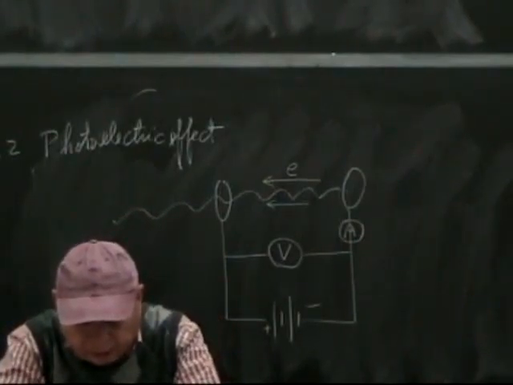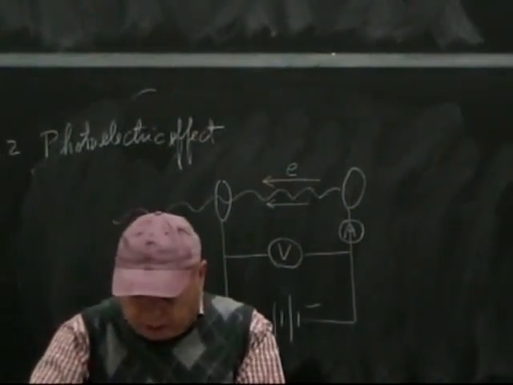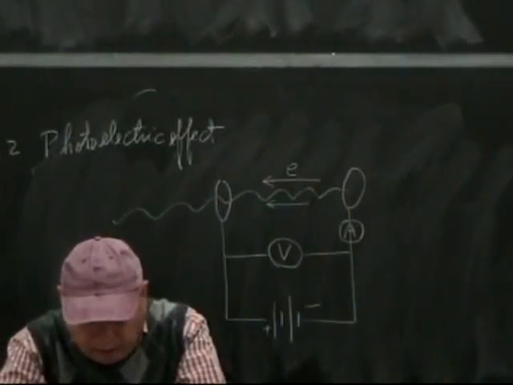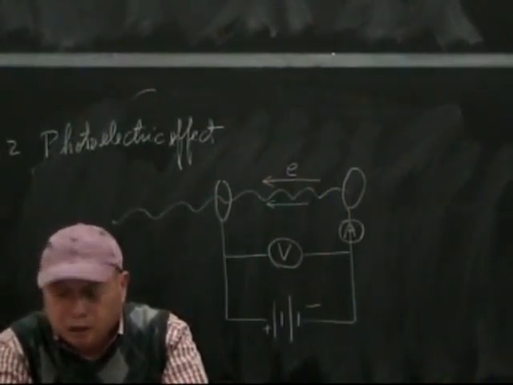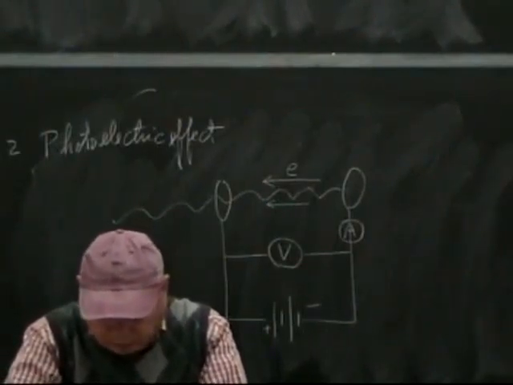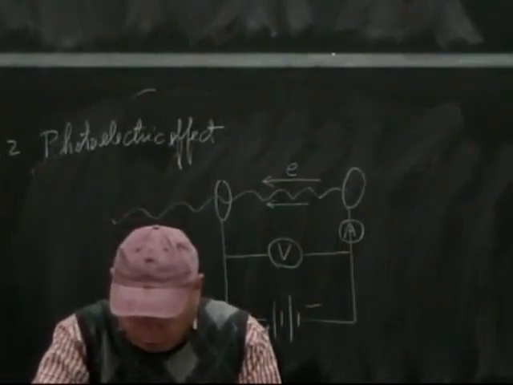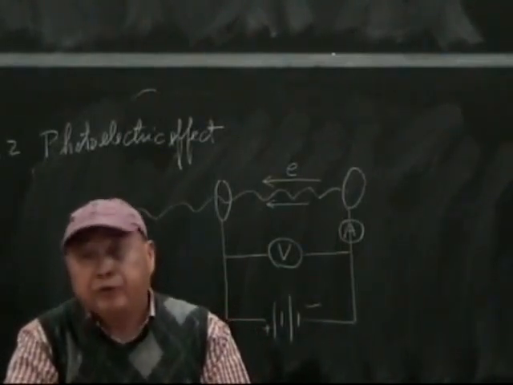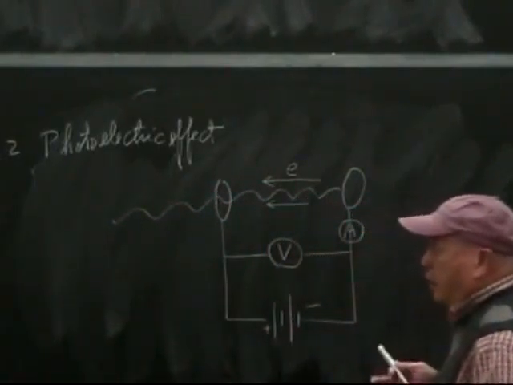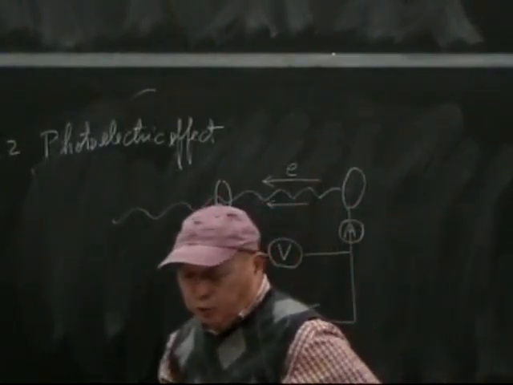The next thing is the classical prediction, and the experimental result is that no electrons are emitted if the incident light frequency falls below some cut-off frequency. That means the photon carries a certain energy, which has to be